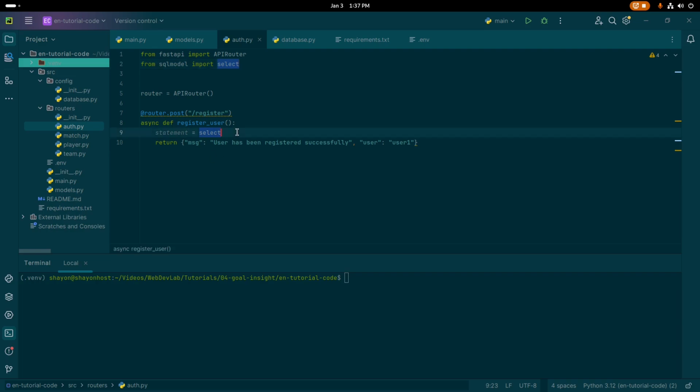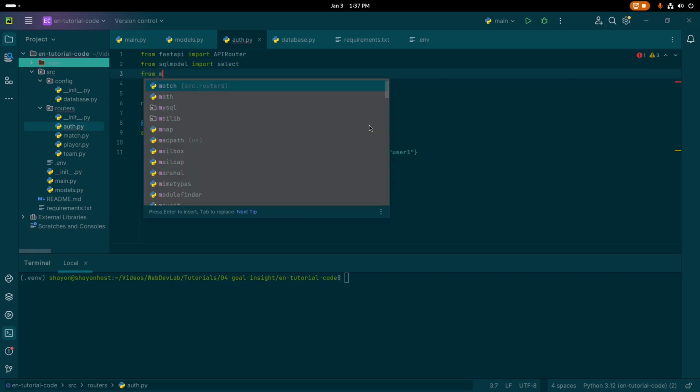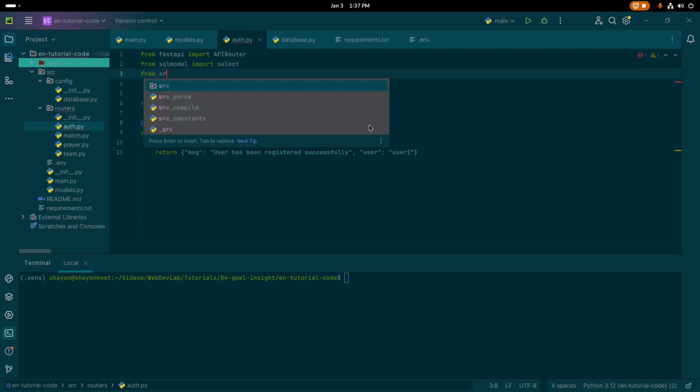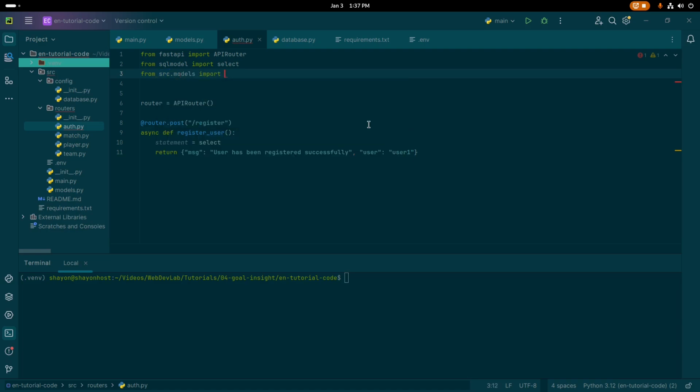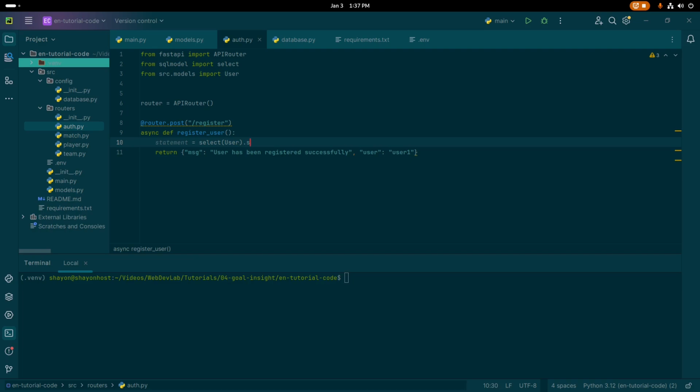Okay, here in the select we need to import another model, that is, from source.models import User. Select User, where, we need to use the where clause, where